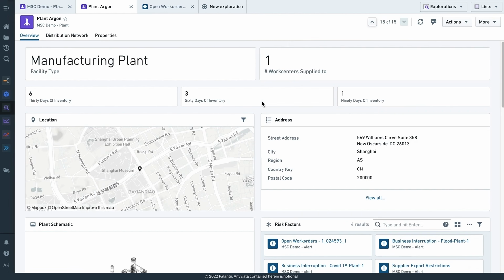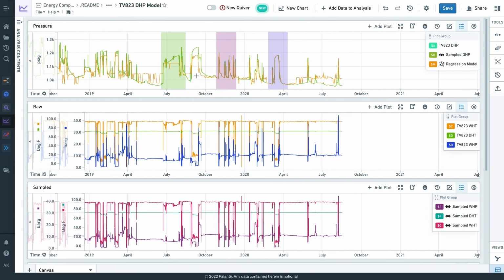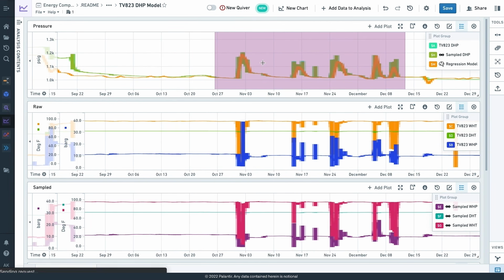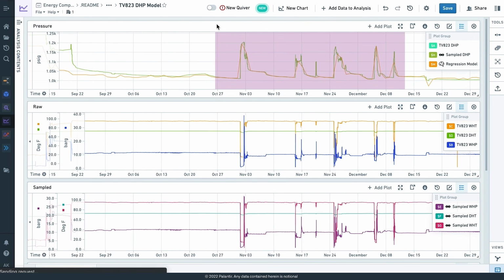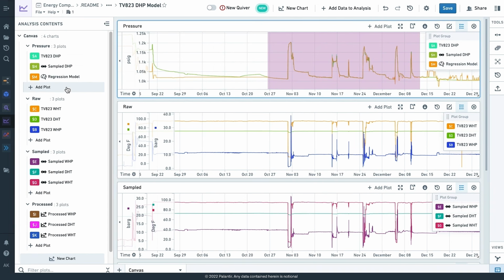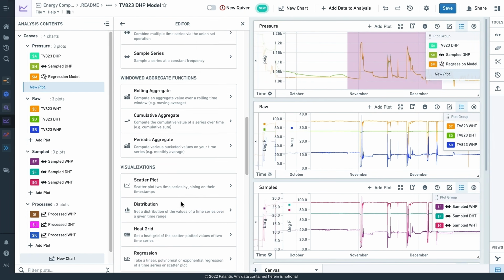But if I'm somebody who is a more technical user, like an engineer, or an analyst who is used to working with series data, I might use a sibling application of Object Explorer, which is called Quiver. And Quiver here actually allows me to look at charting information on time-dependent data coming in. So this is going to be streaming data coming in real time, in an oil and gas context or in a utilities context. And as a user who might be using an application like this, I'm probably thinking in terms of not just point and click, but in terms of formulas and integrals and interpolations and scatter plots.